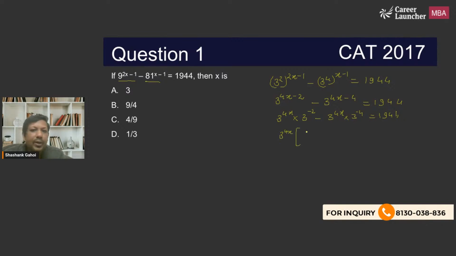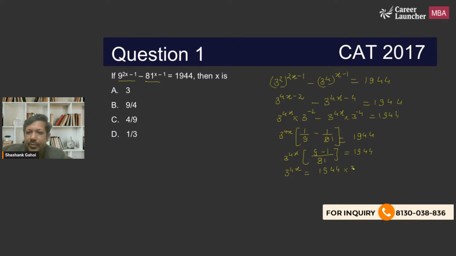What I'm going to get? 3 power minus 2 can be written as 1 by 9, minus 3 power minus 4 can be written as 1 by 81, and that is equal to 1944. So what I'm going to get over here is 3 power 4x, and LCM is 81 itself, so it is going to be 9 minus 1, over 81, equal to 1944. So 3 power 4x is equal to 1944